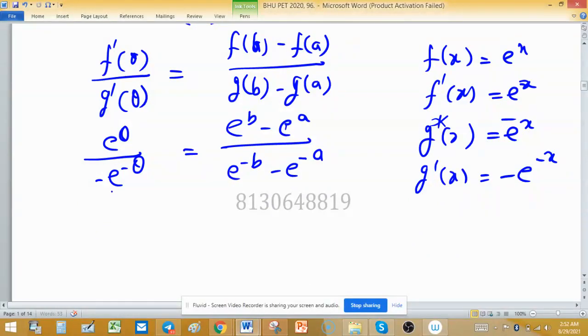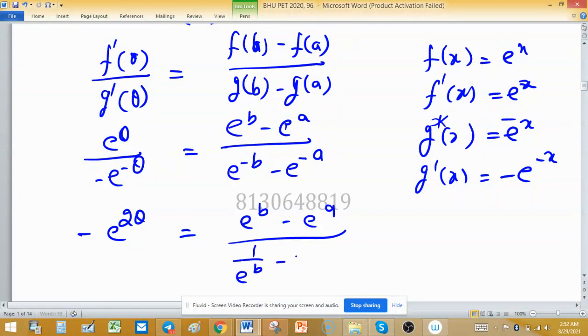The left hand side will be negative of e raised to the power 2 theta, and the right hand side will be e raised to the power b minus e raised to the power a upon 1 upon e raised to the power b minus 1 upon e raised to the power a. On further simplifying, I can write e raised to the power b minus e raised to the power a upon e raised to the power a minus e raised to the power b,